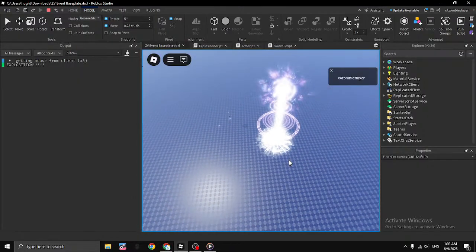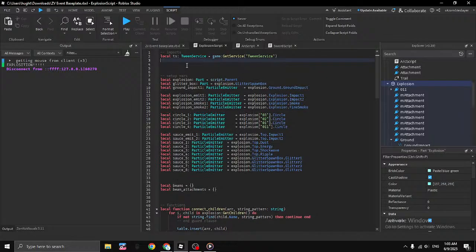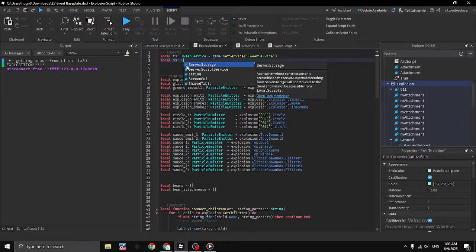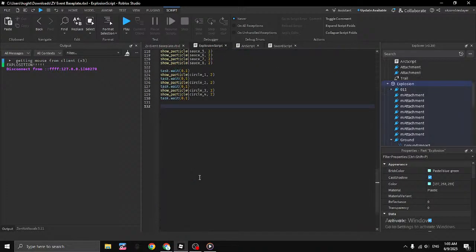I'm wondering what else this needs. Oh, the swords, that's right. So we're gonna connect this to the sword script as well. We're gonna pull local ss, server storage equals game get service server storage, and at the very bottom ss dot swords dot clone equals swords, this swords dot parent equals workspace, swords dot position equals,